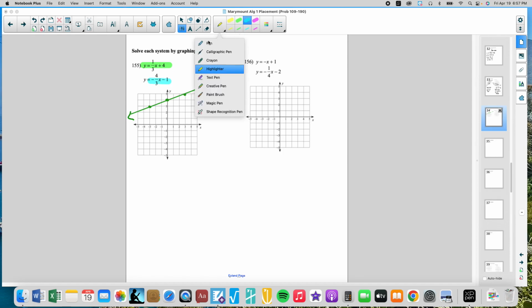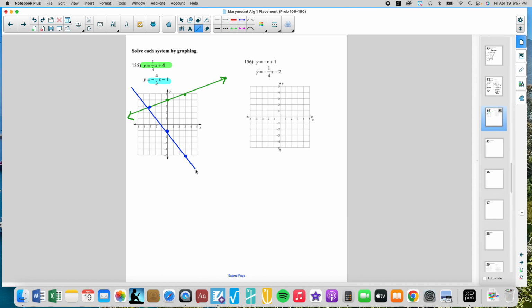Let's do that graph in blue. And that has a y-intercept of -1 and a slope of down 1, 2, 3, 4, right 1, 2, 3, or up 1, 2, 3, 4, left 1, 2, 3. It's nice to see that it shares that. Let's change the color to blue, and let's connect those dots. That wasn't the best connecting of dots. That's not bad. And blue, we'll put arrows,